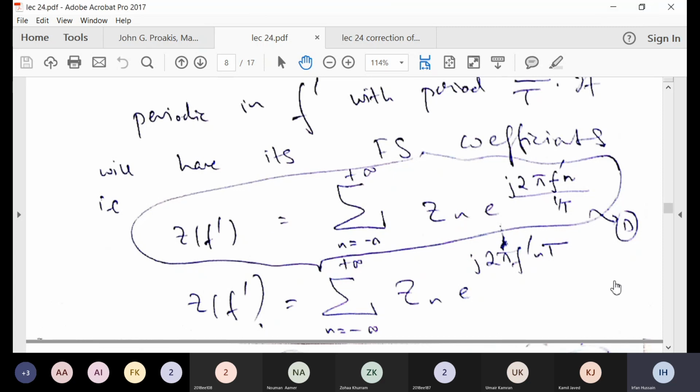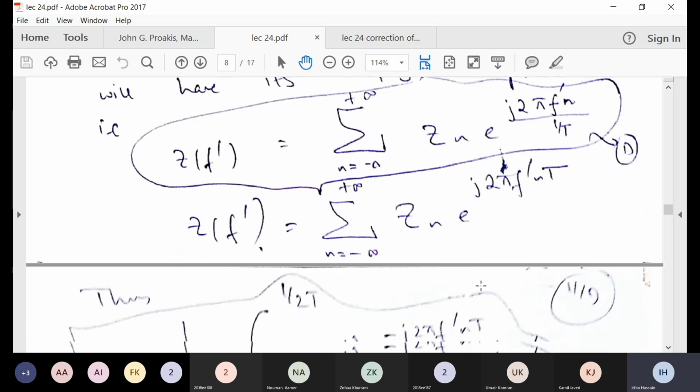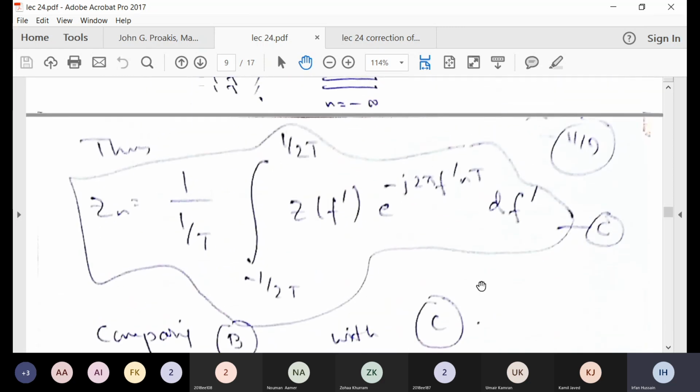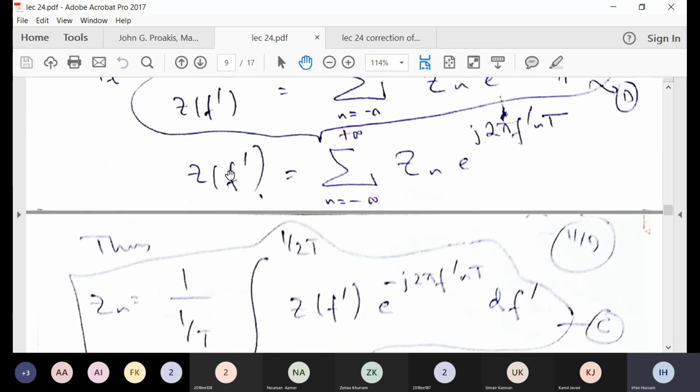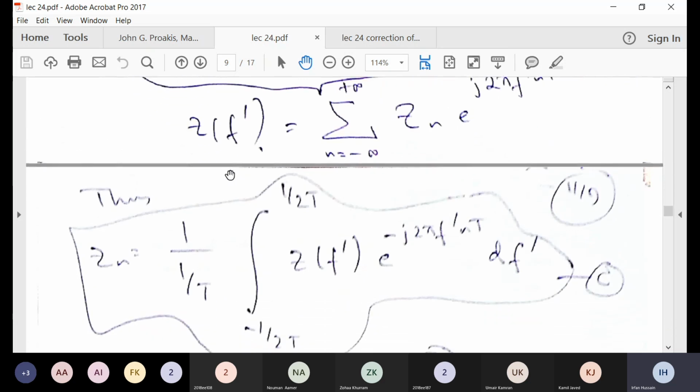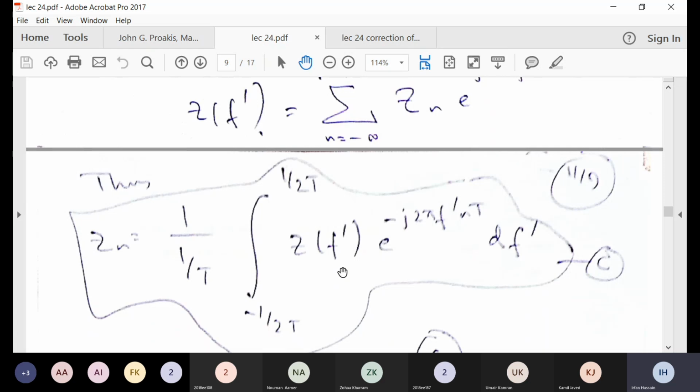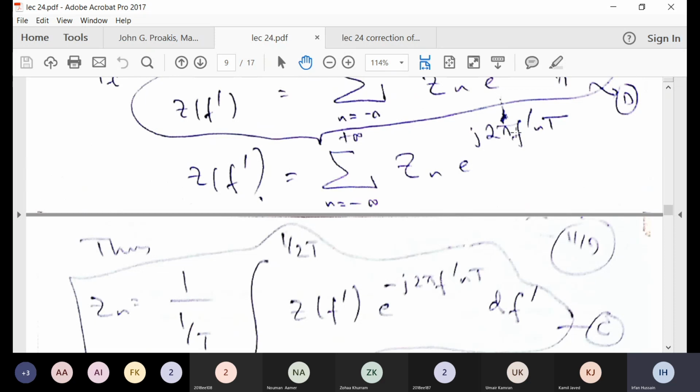Alright. So again, you can just revise your Fourier series coefficients, so you can write a periodic signal. That periodic signal could be periodic in time, or it could be periodic in frequency. Here it is periodic in frequency. That is why we are using the appropriate notation in terms of f. So f will be equal to this. And we know these Fourier series coefficients can be found from the actual signal, which is in f, as the integral of Z(f dash) e^(minus j2 pi f dash nT), the negative of this. And the limits will be going from